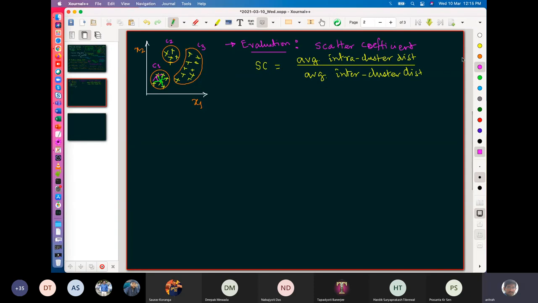And then we will also try to see what the inter-cluster distances are from every point. And then for each of the clusters, we will build the average, and for all the clusters, again taking an average, right? So what do you think, if it is less, it is good, or if it is more, it is good?